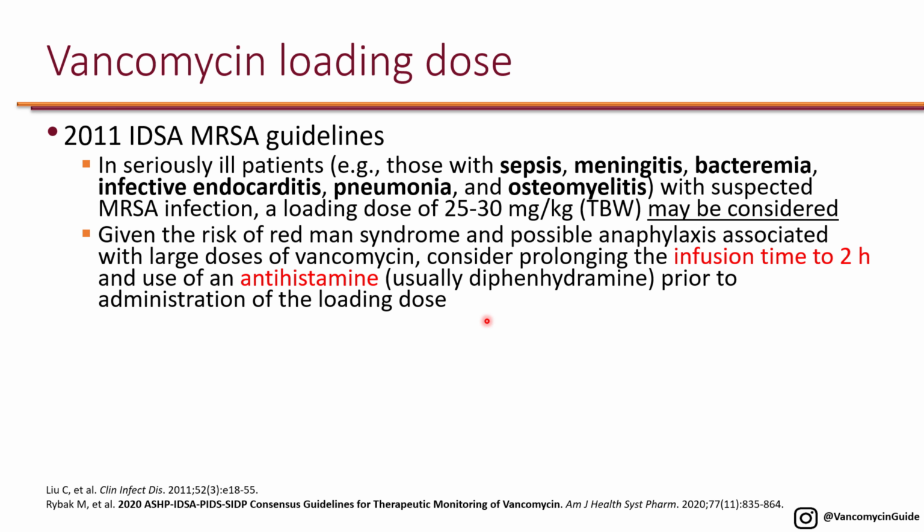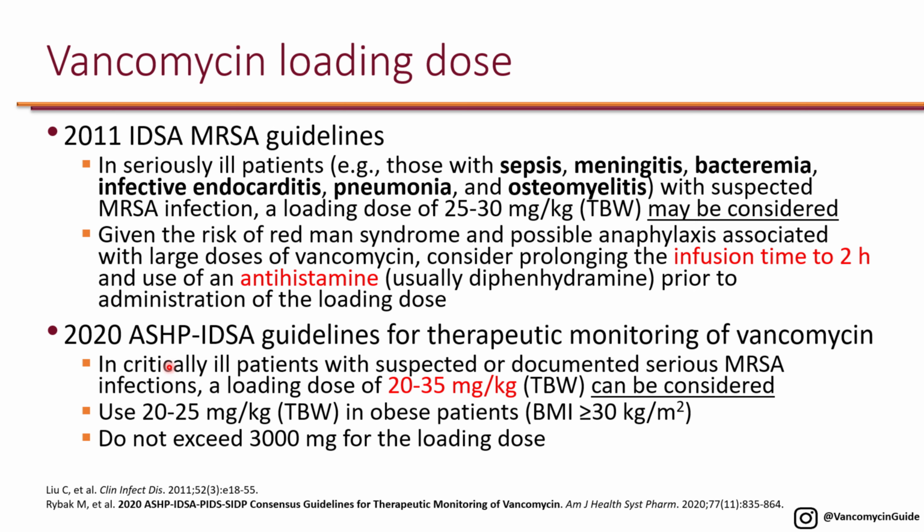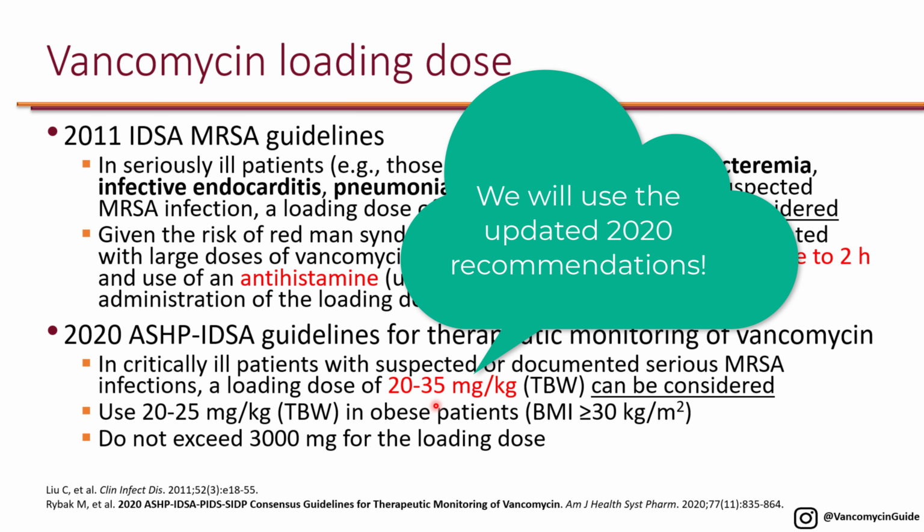And typically we use diphenhydramine 10 to 50 milligram, either IV or IM, to prevent red man syndrome. Now, the new 2020 ASHP IDSA guidelines for therapeutic monitoring of vancomycin said that in critically ill patients with suspected or documented serious MRSA infection, basically the same types of infection that were listed above, they actually give a wider range of dosing, so 20 to 35 milligram per kilo of total body weight,